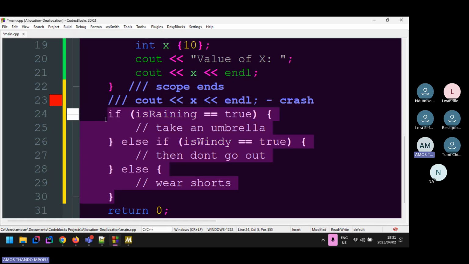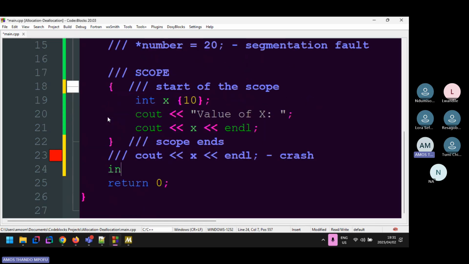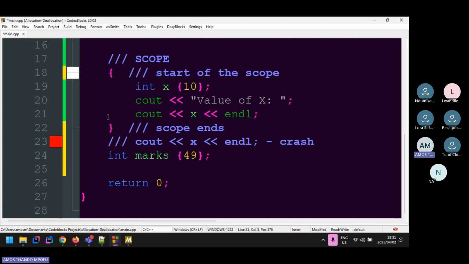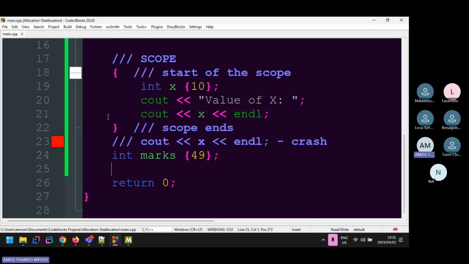So let's make a simple app. Let's say you have int marks, you have marks for your practical, maybe your semester mark is 49. We're trying to check if you qualify for an exam or a sub. So yeah, this could be used if you don't study and you don't do the homework. So I'm going to say if marks, I'm going to check in what range the marks are. So if marks is greater than or equal to 0,